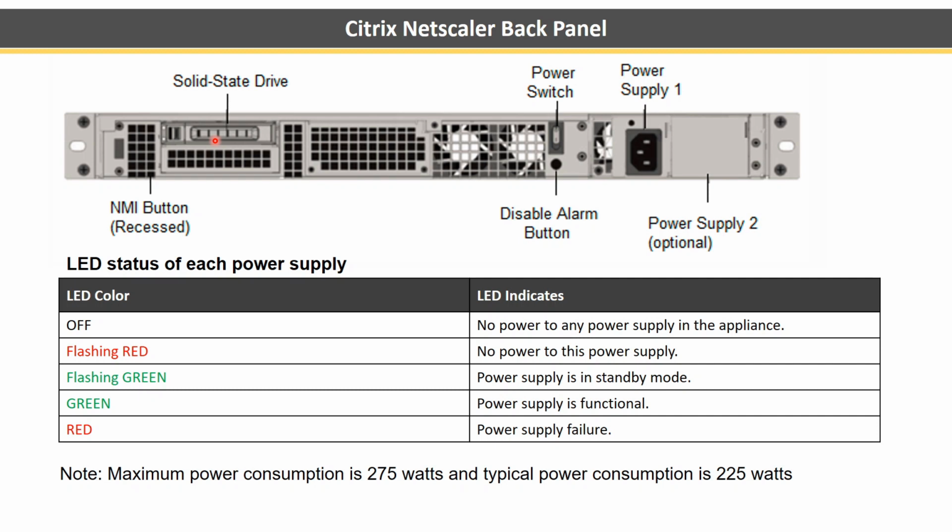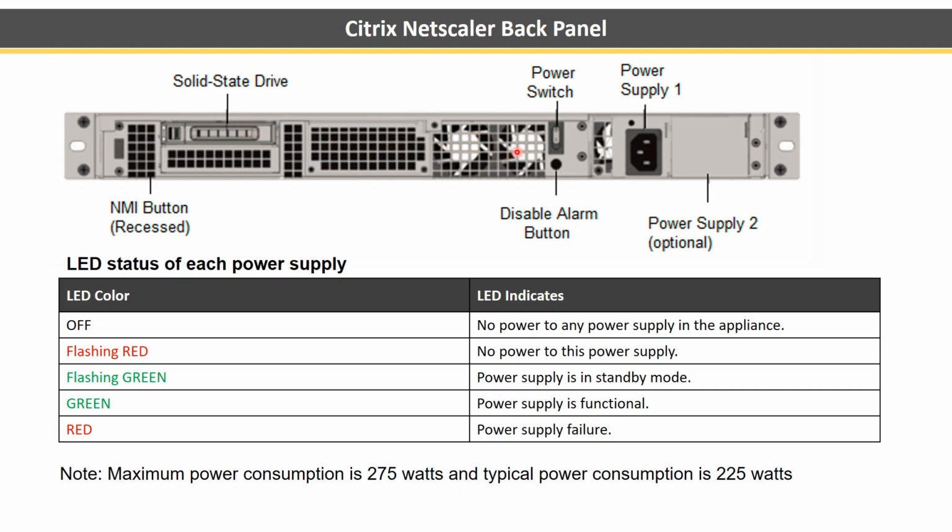The SSDs start from 240 gig, and it depends on the model. If you go for a high-end model, you will have bigger ones. So the minimum is a 240 gig SSD. Let's say you have a use case of upgrading your MPX to SDX. It's very simple, you remove this SSD and put the new SSD that Citrix will ship you. That's it, the MPX will become SDX, provided your physical box supports that. That is the use of SSDs. Generally, you don't see failures in SSDs. In my experience with Netscaler, I haven't seen any hard disk failures in all these years.